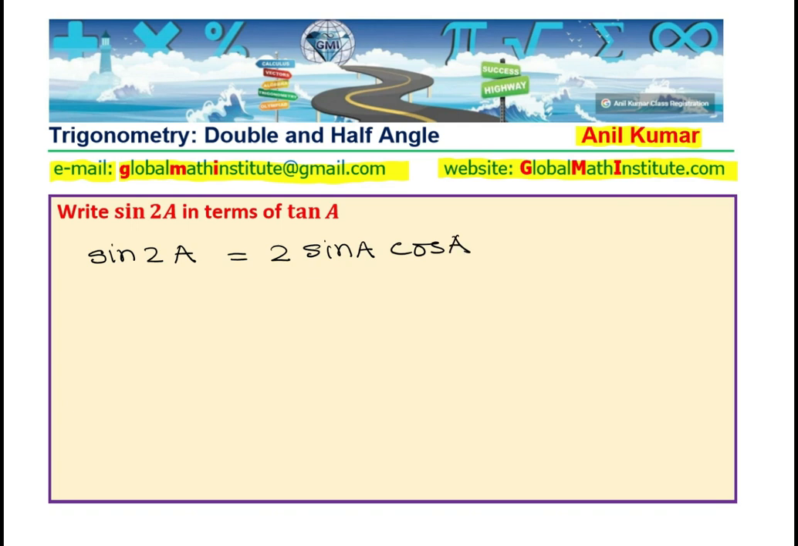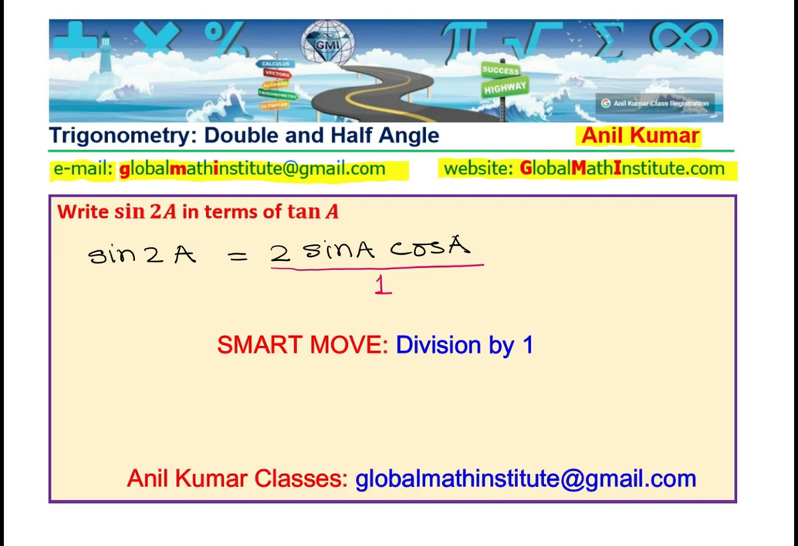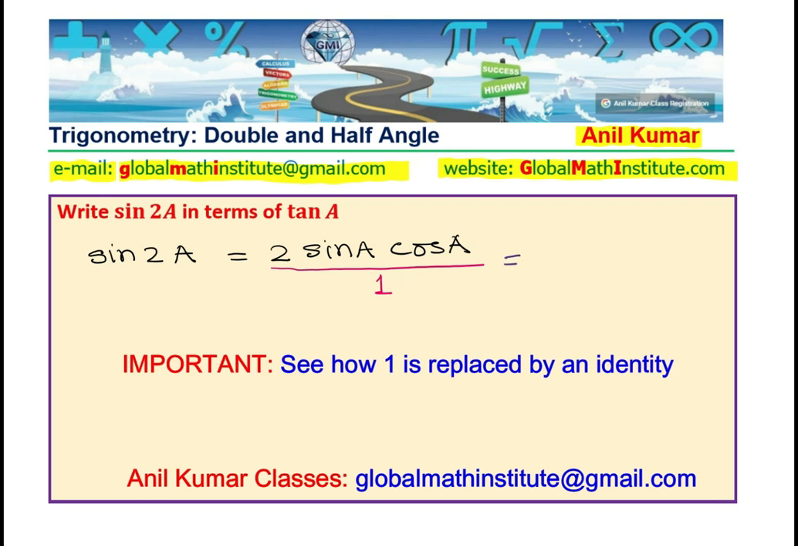The idea here is that 2 sine a cos a can also be written as 2 sine a cos a over 1. Do you see that? That helps you to get into tan a form, sine over cosine. So we need something in the denominator that was missing, and this is the key step to solve such a problem. And then what we can do is we can rewrite this as 2 sine a cos a